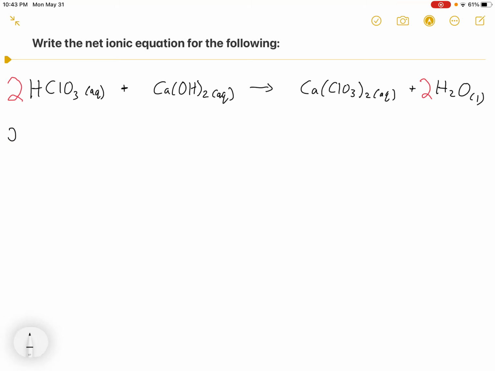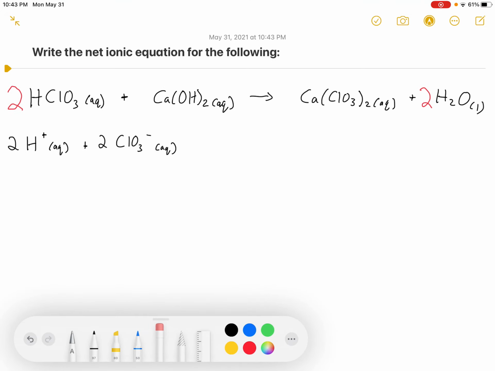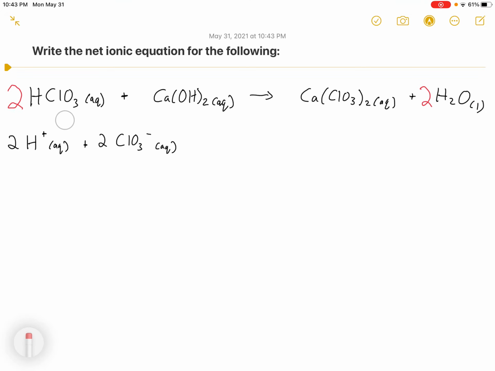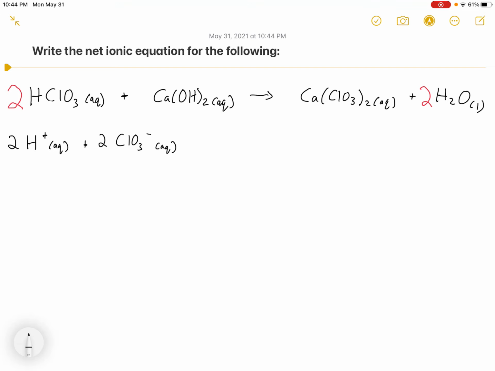We are going to have 2 H plus ions and 2 chlorate anions. Again, the reason why we have 2 is because there's 1 polyatomic chlorate and 1 hydrogen in 1 compound of chloric acid, and we have 2 molecules there because we have that coefficient. So there are 2 H pluses and 2 chlorates,